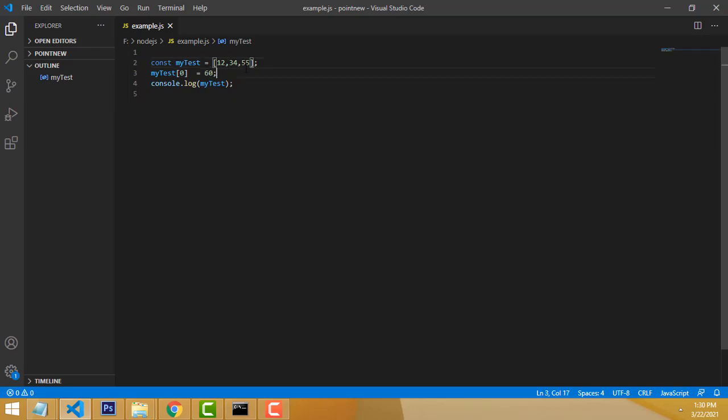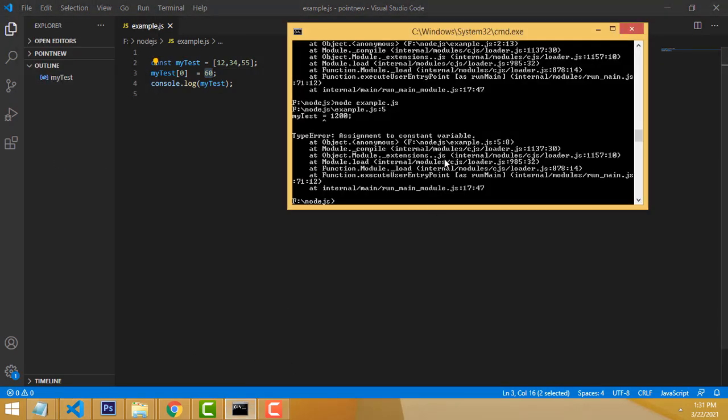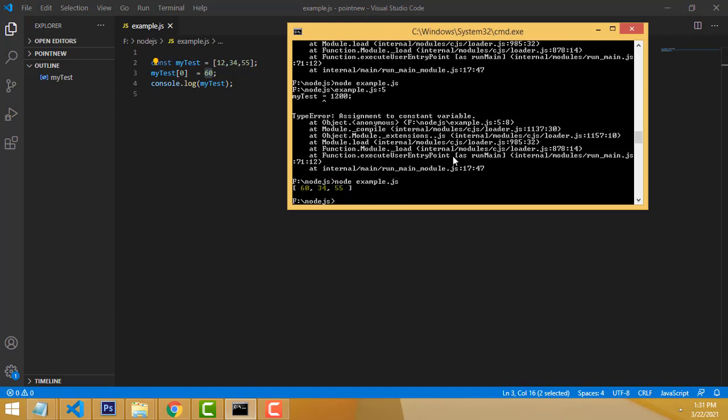Okay. So now here I again create this variable my test. We have to equal it to 0. Now it works. Okay, now 0 equals 60, I mean. Now let's print it and show you how the output looks like. Now it's working successfully. Okay, now the value will be changed, right?